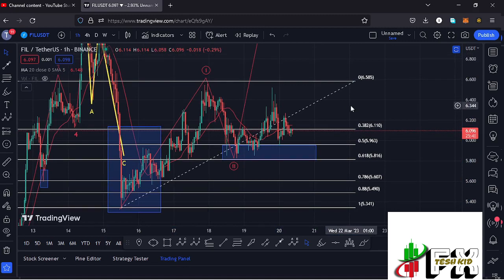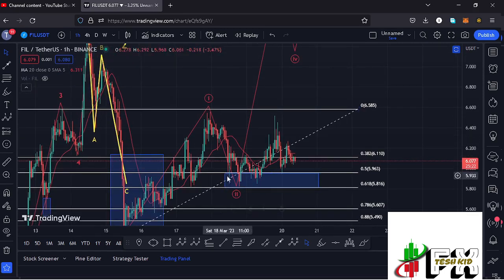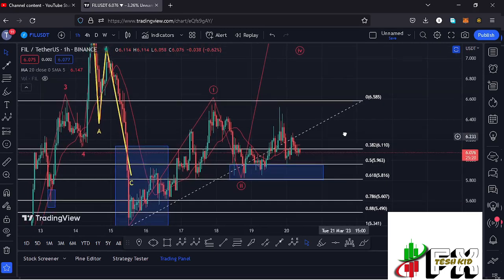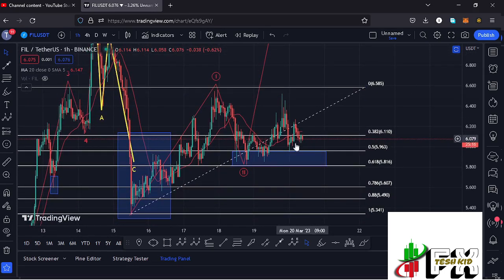but at the time of this recording we don't have any confirmations that we have bottomed out in the formation of that wave 2, and Filecoin at the time of this recording is not showing any impulsive nature in the formation of that wave 3 that we expect after seeing the formation of this second wave to the lower side. So there are high chances that the breakdown might continue here on the Filecoin chart,